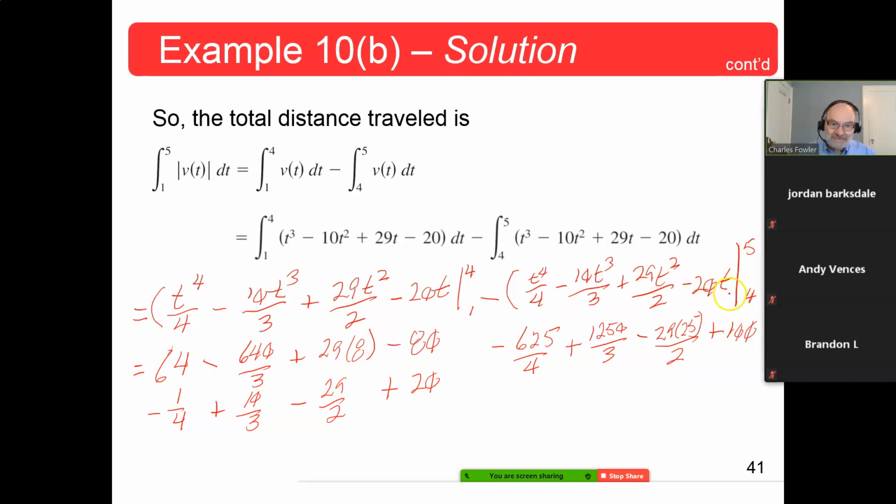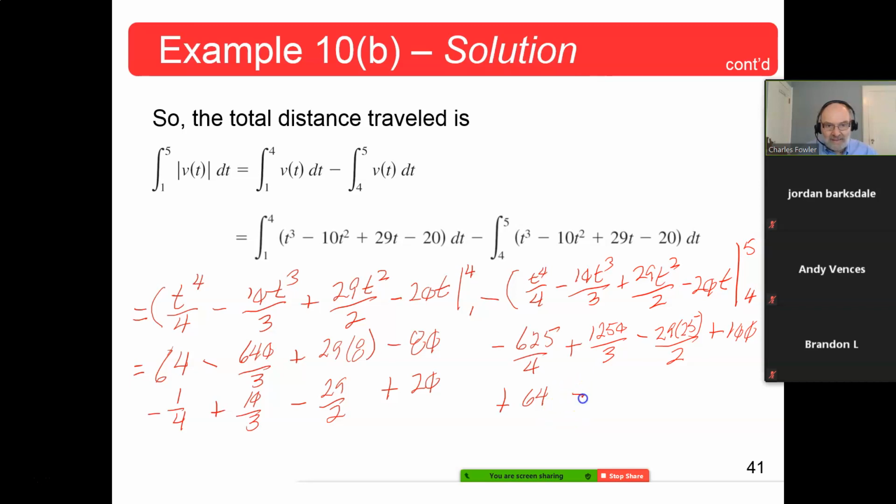Then we're going minus, so this minus will go away and you get the pluses here. 4 to the fourth, like we said before, would be, what do we say, 120, let's see, yeah. So I think this comes out 64 again. So plus 64. It's 128 over 4, which I think, no, 256 over 4, which I think comes out 64. I hope I'm right on that. Y'all have to check me on that.